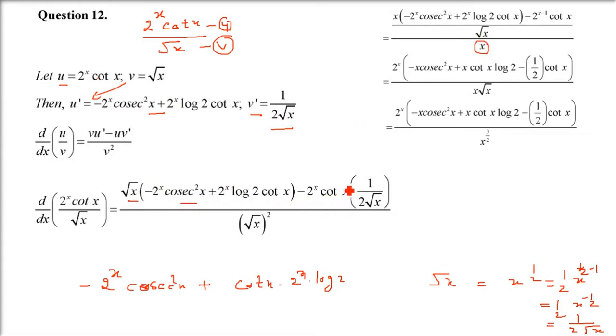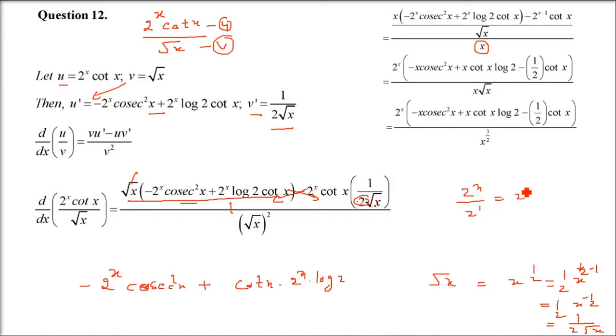Now what we will do? We will take LCM as root x. And for the time being, this is divided by 1. Just assume it to be divided by 1. We'll multiply cross and take the LCM. So root x and root x will become x. And 2 raise x by 2, I'll just shortly write it in a way so that we can have only root x in the denominator.